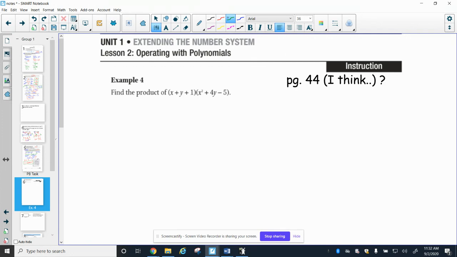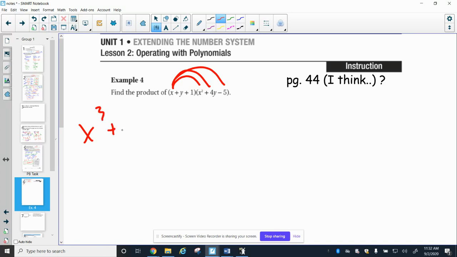All right, so remember, if it was double distributing, you'd multiply the first term to both, second term to both. Well, now it's a 3 by 3, a trinomial and a trinomial. It's the same process. Okay, so it's good review. It's just a little bit tougher because we have all these terms. Now we're going to start by multiplying the x to all three. So x times x squared, x to the third, x times 4y plus